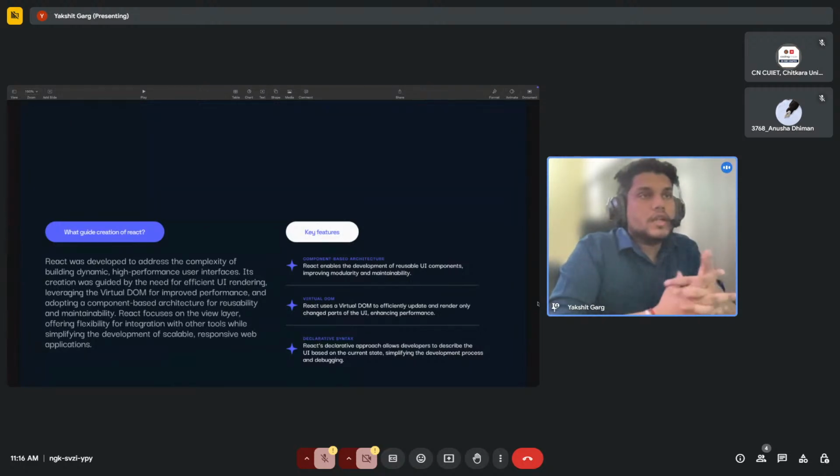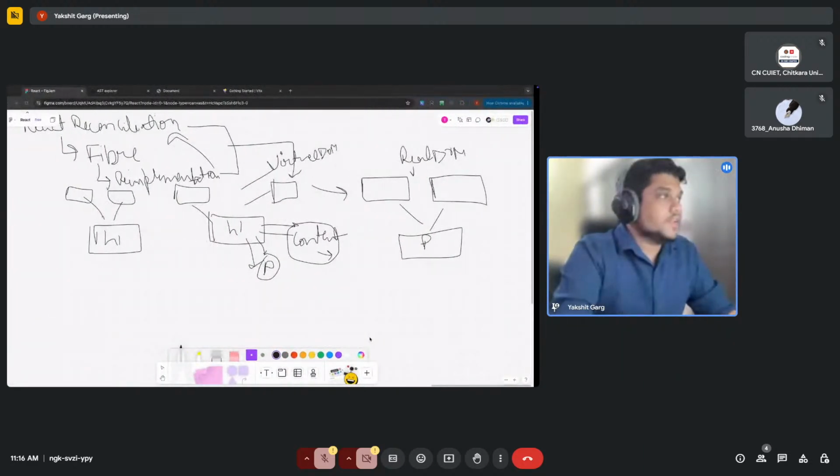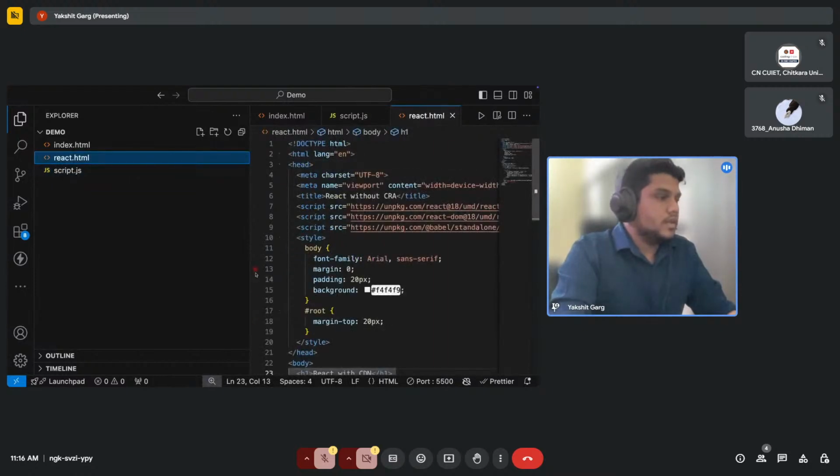So what this basically means is that they allow the developer to tell JavaScript what to do. So they have this declarative approach. Now we will go to the React syntax once. So in this React syntax, if we can see it,